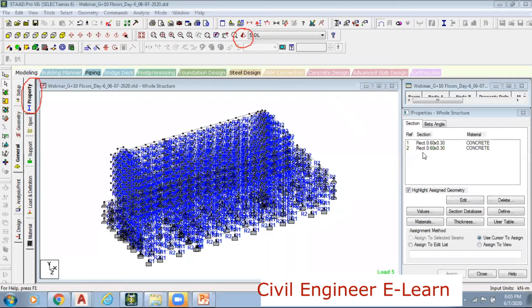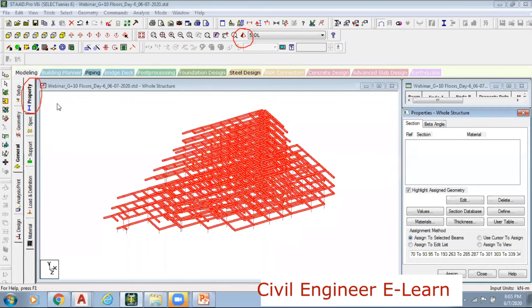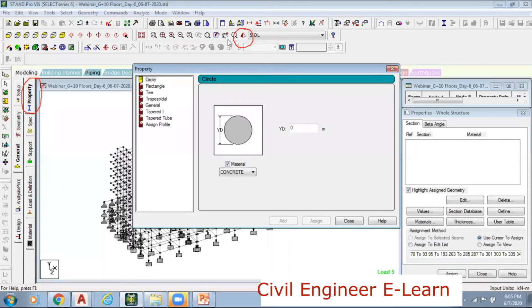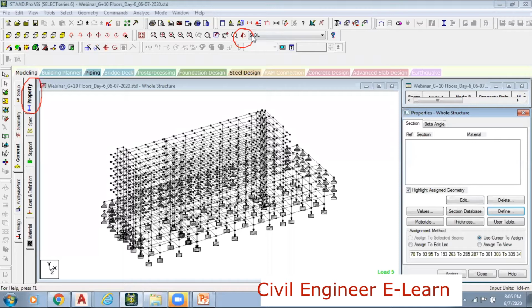I'm deleting this. See, I'm deleting this. Yes, right. So we are here in the property. We went back to this define. Here I have it defined. See, one second, I'm using this. I need to define this property.